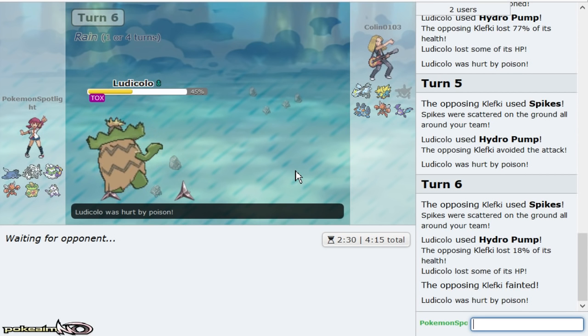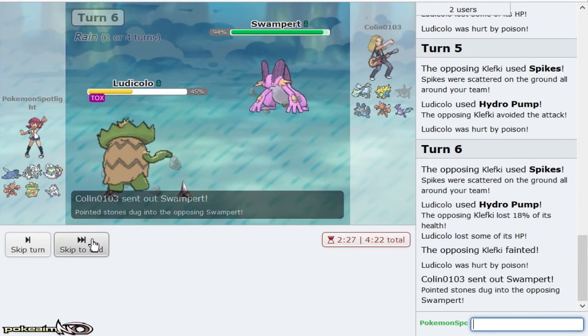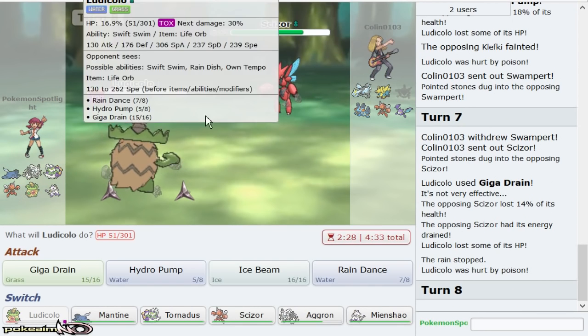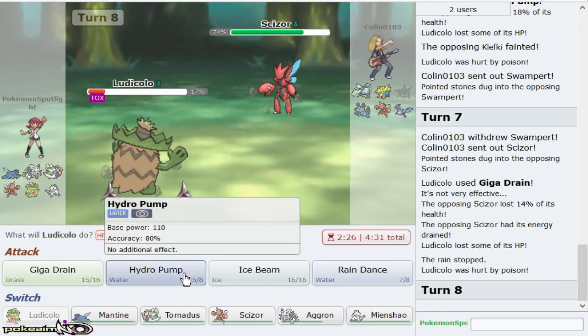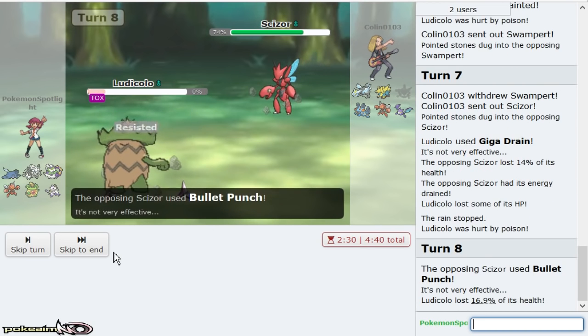I'm assuming he's going to go Cure him. Opts to go Swampert. I mean, okay. I'll just Giga Drain you, even if you double out to Scizor. Nice play. I'll Hydro Pump you too, and if you opt to go for the Bullet Punch, then I'll get in my...